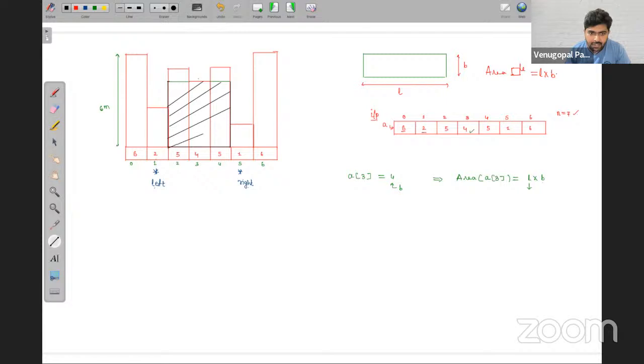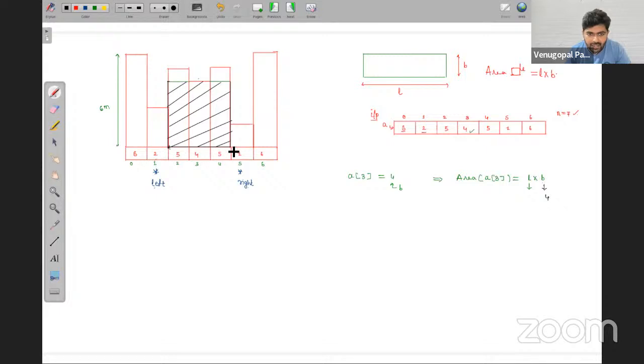Now tell me, friends, its breadth we know already, which is given in the question and which is nothing but 4. But what about its length? Think carefully and tell me.